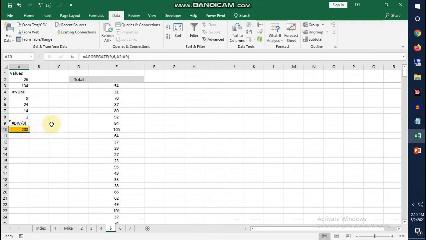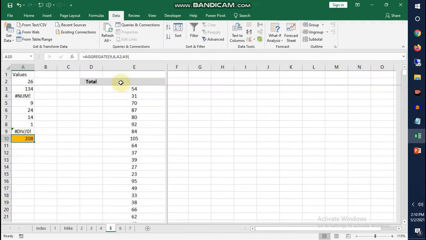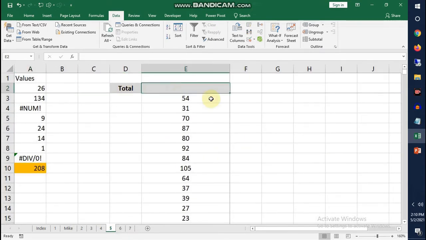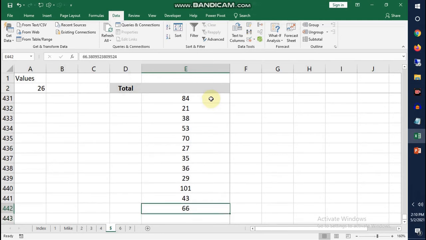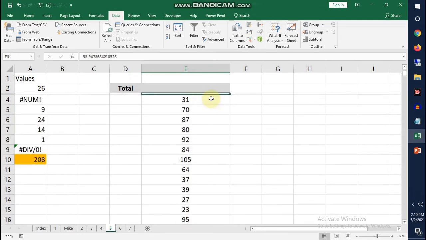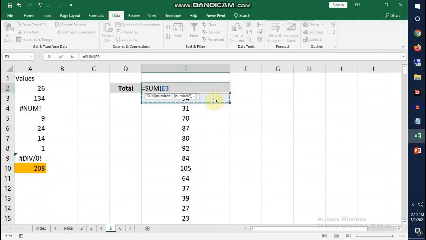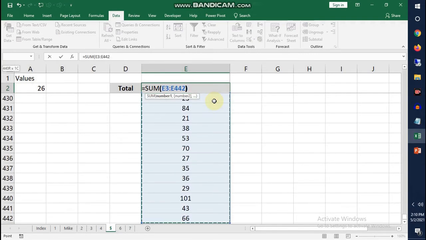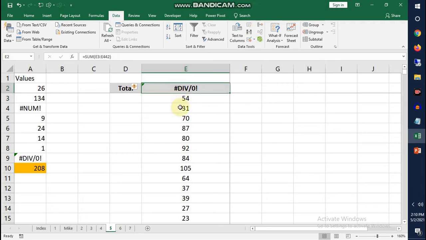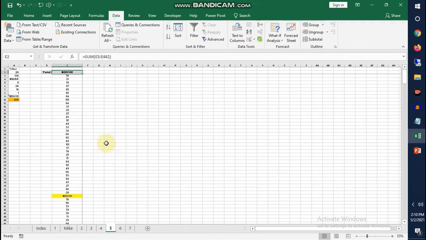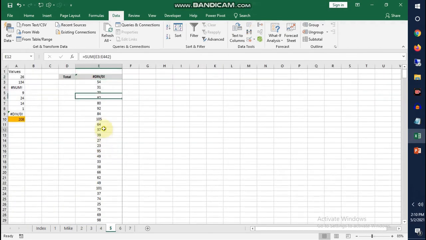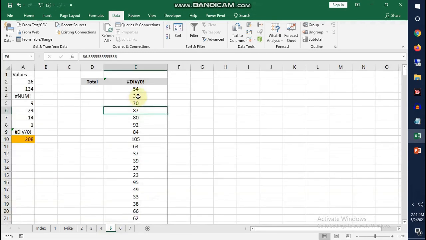See, now it has calculated 208. Another example, we can see that we have these numbers over here. If I write the normal SUM function over here, sum, and then bracket close and enter, it is giving an error because somewhere it has an error value. Here it is very difficult to find the error cells because the range is very long.